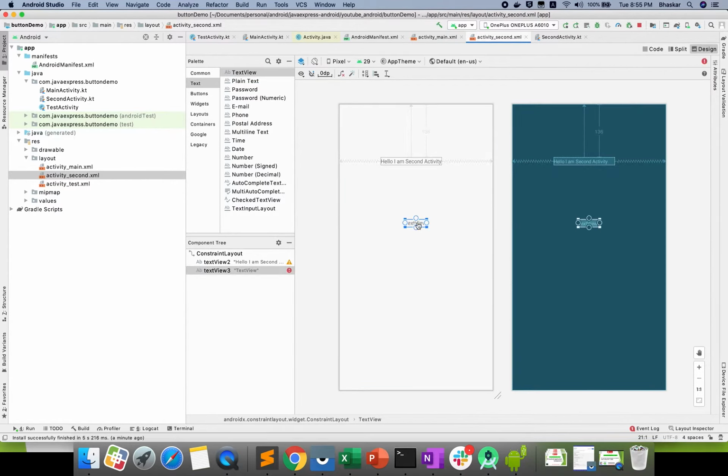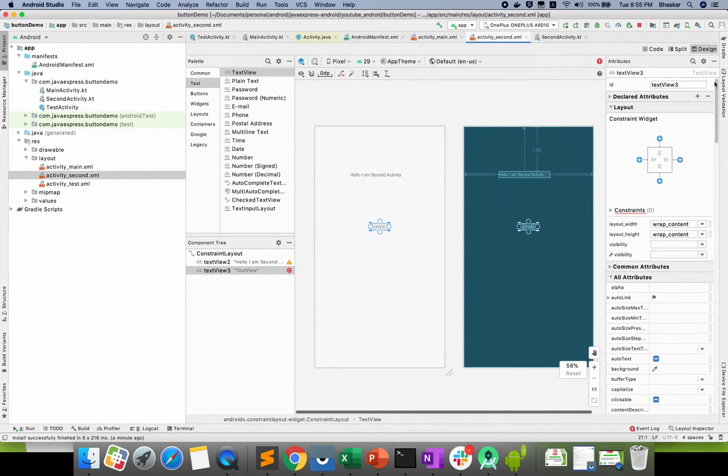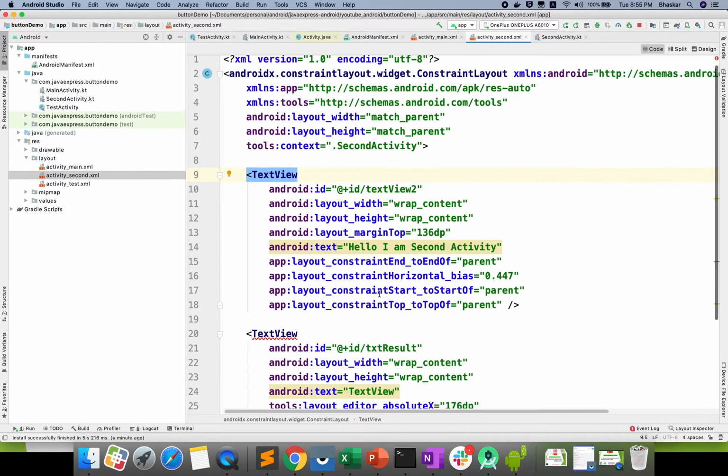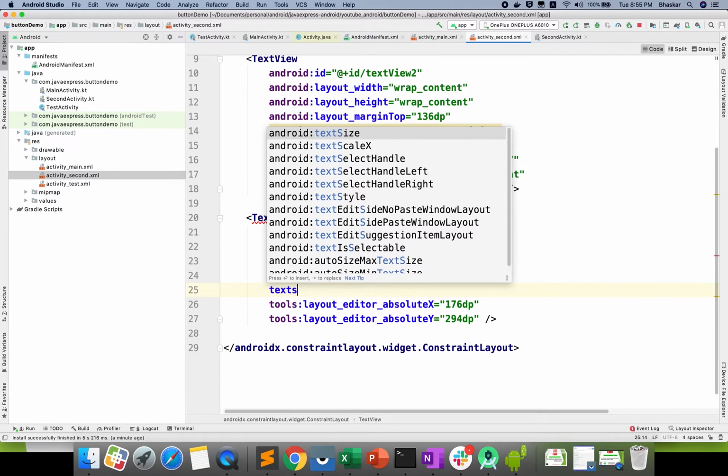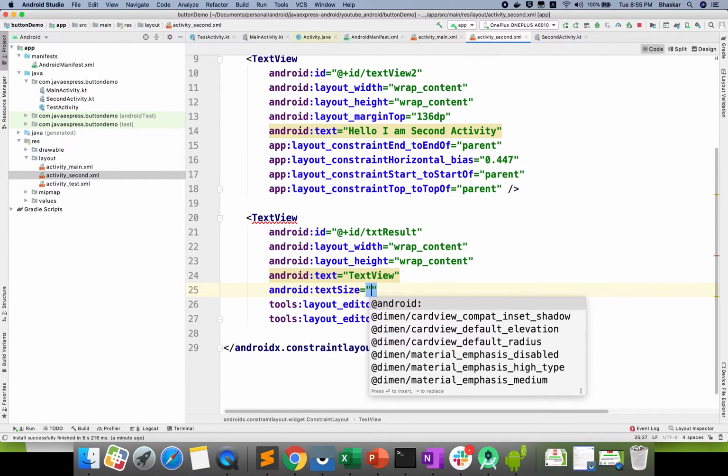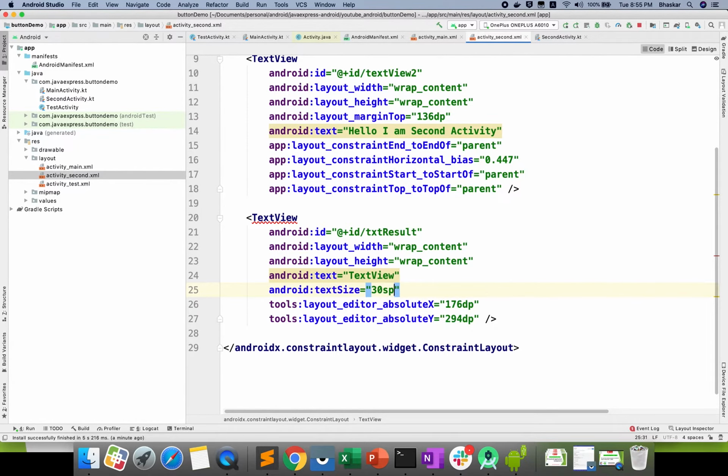Next, for this TextView I need to define an id. I'm giving txtResult. While printing I also want to increase the size. How can I do that? Text size, how much size do you want? I want to print 30sp.